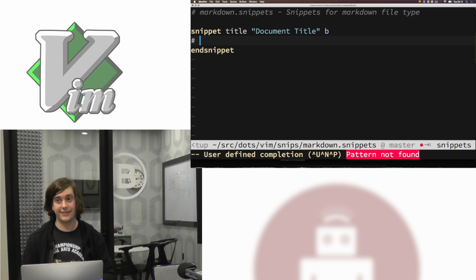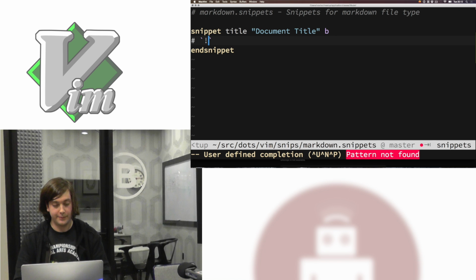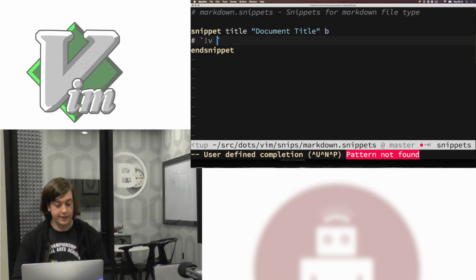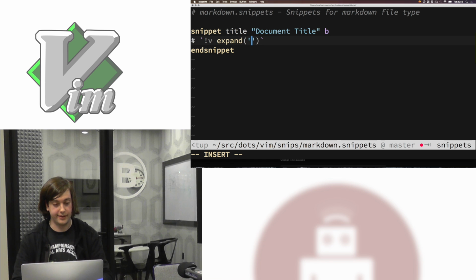What that means is when the snippet is expanded, we can evaluate Vim Script embedded in it to get some dynamic placeholders. The syntax for that is backtick, bang v for Vim Script, followed by an expression that gets evaluated. Here we can just use the expand function to get the